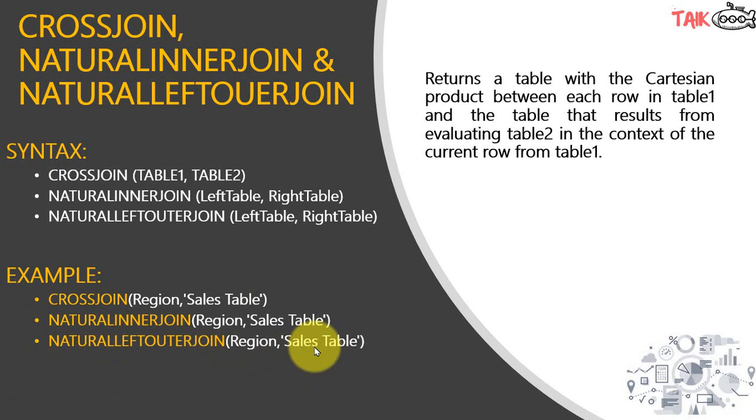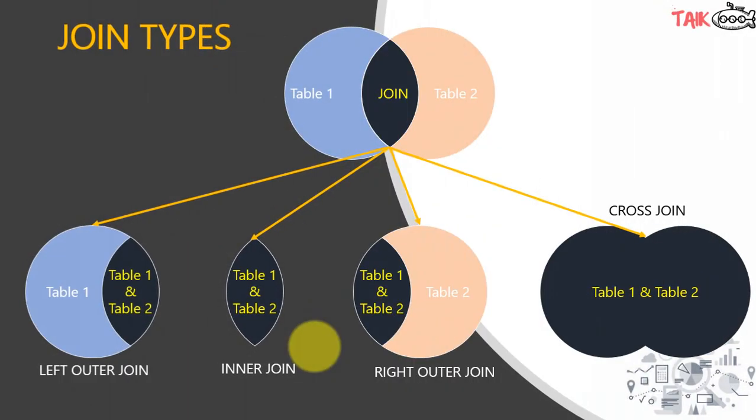Before going into Power BI, let's first understand the joins. Say for example this is table 1 and we are joining it to table 2. The left outer join will have the results of table 1 completely, and the values which are matching between table 1 and table 2, it will return both of them. If it is an inner join, then it will return only the values which are matching between table 1 and table 2. The next is the right outer join.